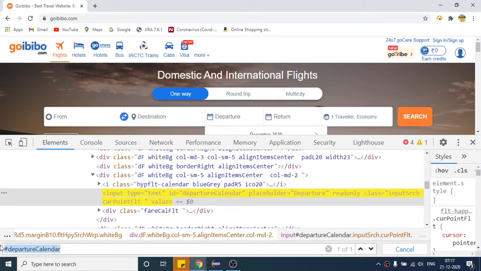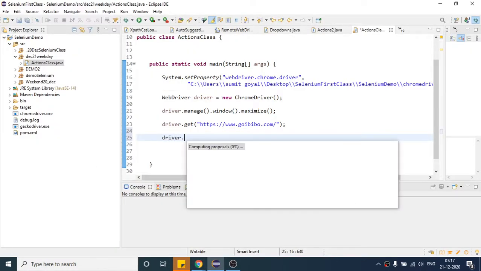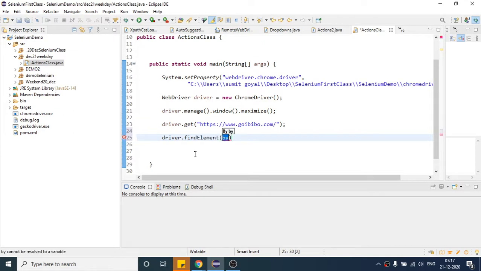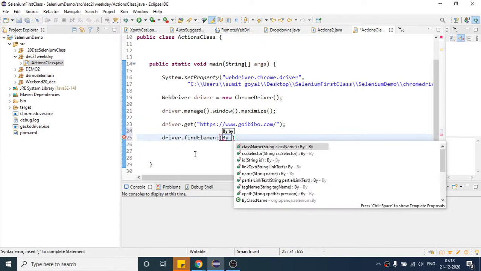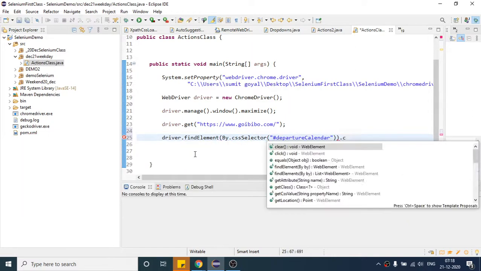So I will copy my CSS selector and here I will write one simple line, driver dot find element, with the help of CSS this time. Paste the CSS and I want to click, so I will use the dot click method.